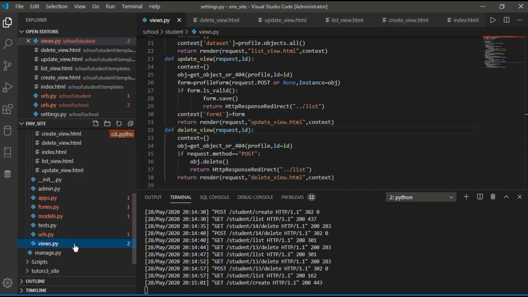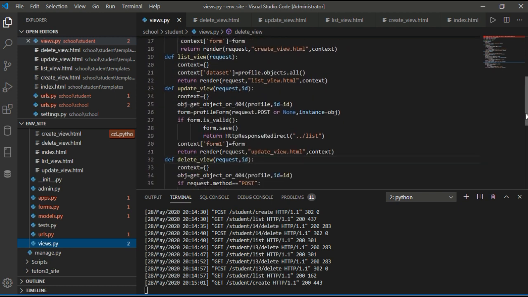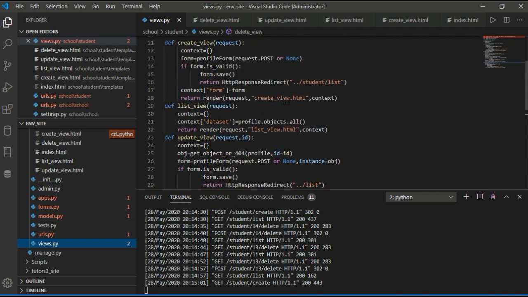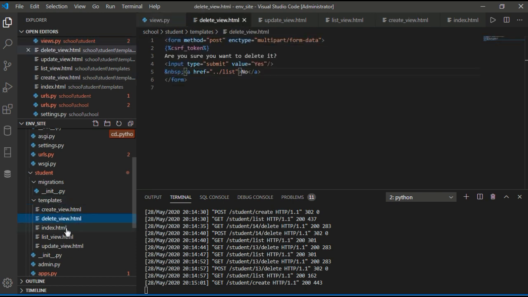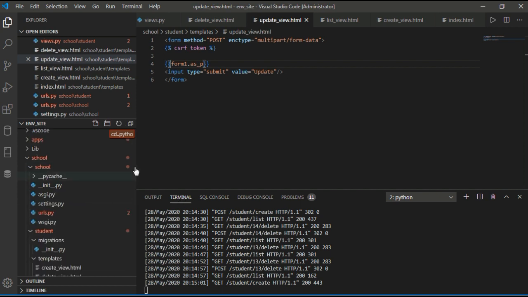So every application has its own URLs. And after the URLs, in the settings, we see our database is SQLite3. And because this is a small application, we use this.